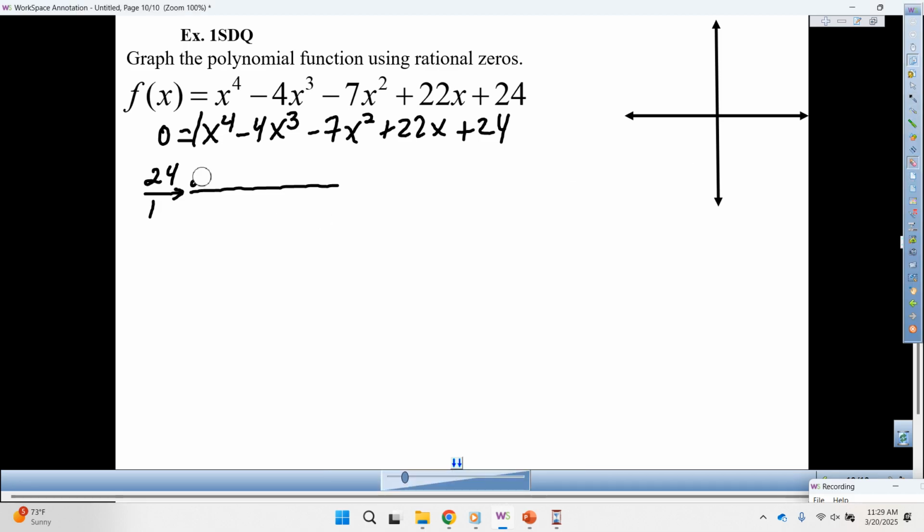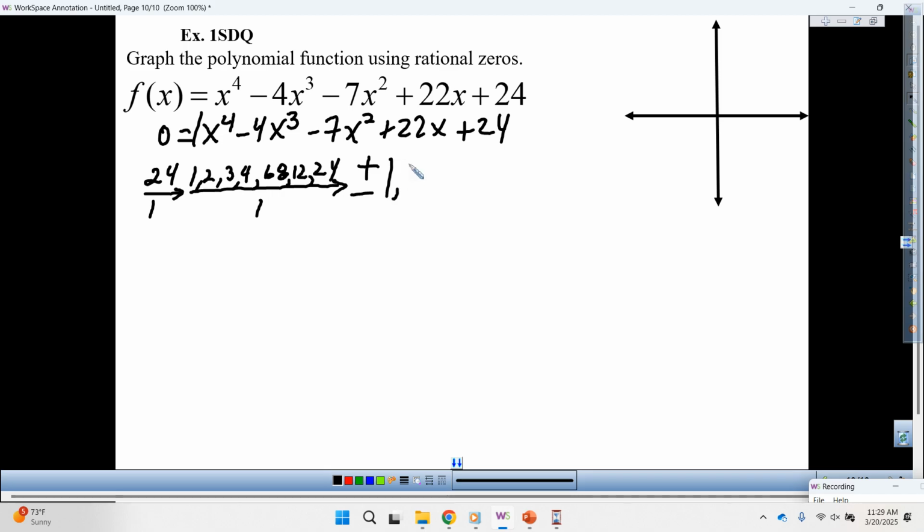hold on, I start with 1. 1 times 24, 2 times 12, 3 times 8, 4 times 6. Therefore, we're going to be checking all these numbers. 1, 2, 3, 4, 6, 8, 12, 24. Well, actually, we're not going to check all of them, but we're going to start with some of those. All right. So,